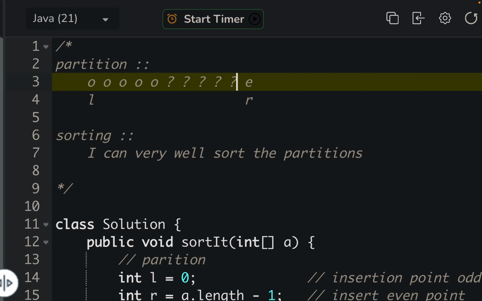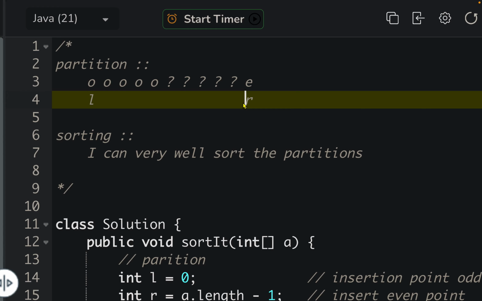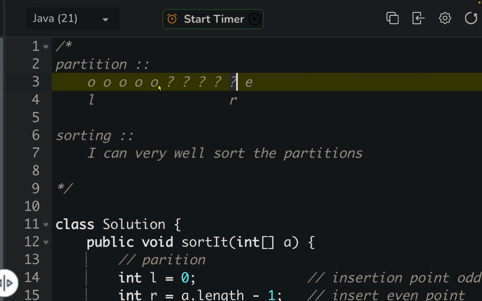Now R was at this position. I have inserted E over here. Now I wanted to remove the pointer. I can go ahead and consider this as an insertion point. And if the movement comes here, like L,